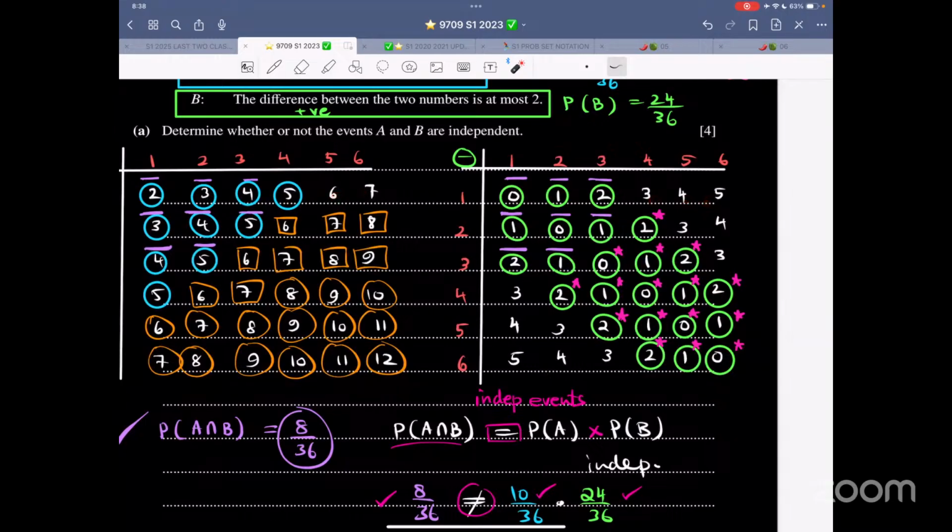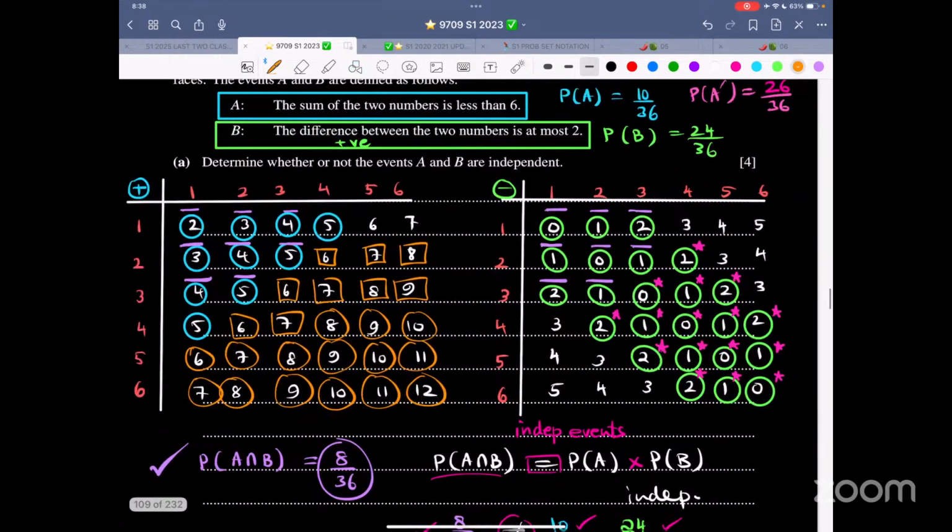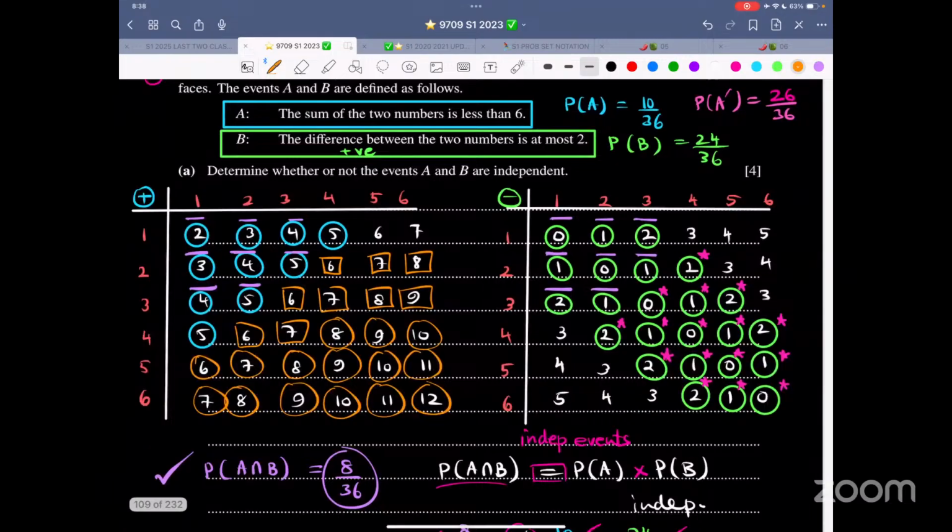Actually, hold on for a second. There is also this thing which I forgot. That is, the sum of the two numbers is greater than or equal to 6. So these two are also there. Got it? So now compare with these green ones. What are the common ones? From the first line, there is nothing common. From the second line, this one is common.